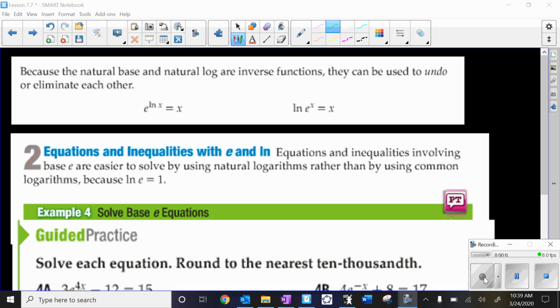Okay, continuing to move forward, we've looked at converting from exponential to logarithmic and vice versa. We looked at how the properties worked with natural logs. Now we're going to actually solve some equations that deal with a base of e or deal with the natural